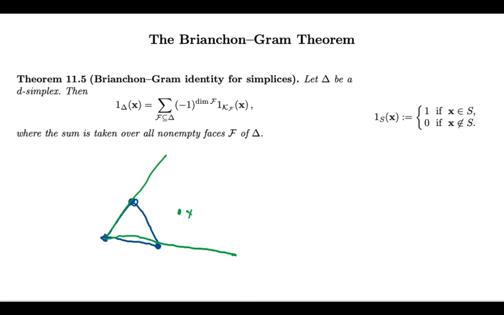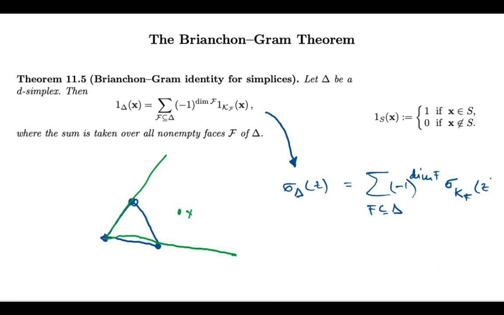What we'll do now is we apply the Brion-Gram theorem, I'm reminding you here of its statement, to integer point transforms. What we're saying is, since we have this identity of indicator functions, we can specialize this in the land of formal Laurent series to integer point transforms. So on the left-hand side, we get the integer point transform of delta. And on the right, we get this sort of alternating sum of integer point transforms of tangent cones. And if I now apply the map phi,